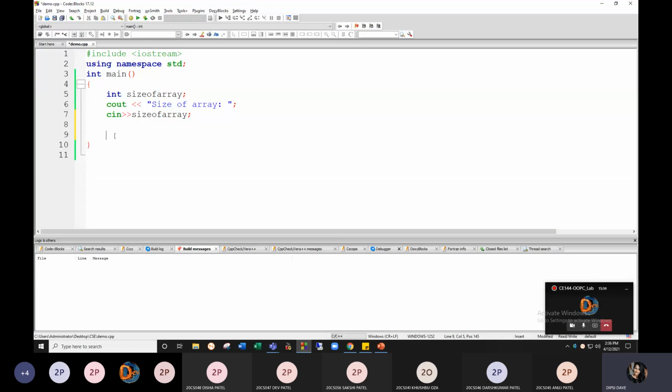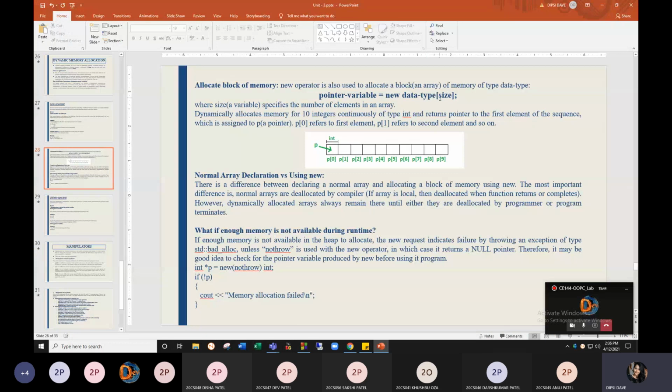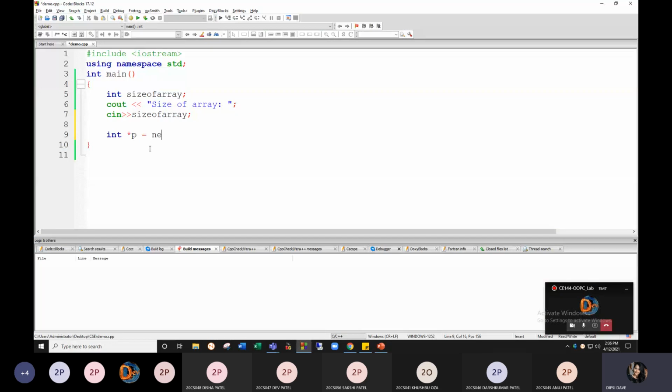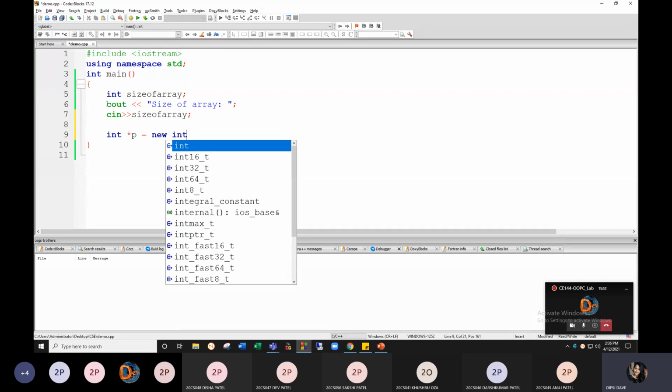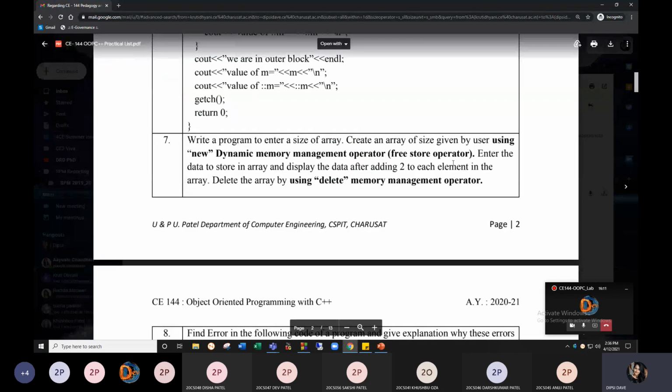So first we write integer type because we are dealing with integer type. Integer star pointer equals new integer, because we are dealing with integer data, and in the square brackets we write the size. Whatever size is given by the user, we have to create that much memory only. Okay, so this is done.